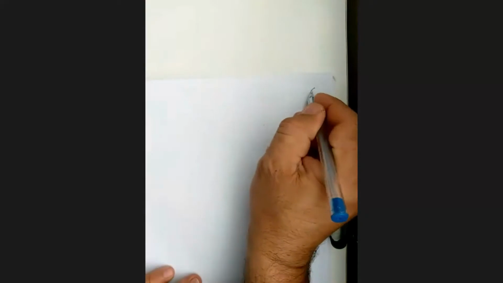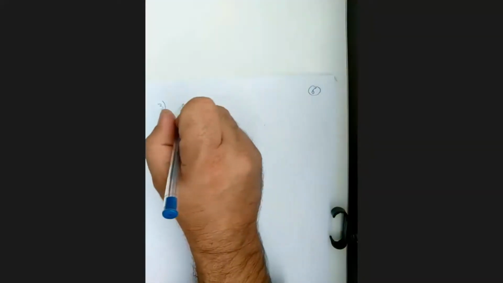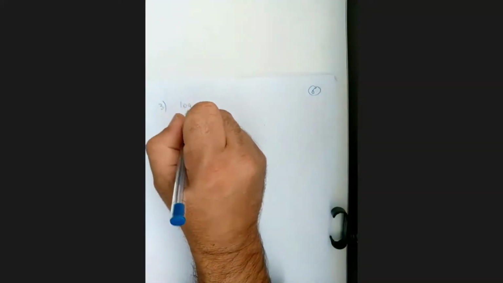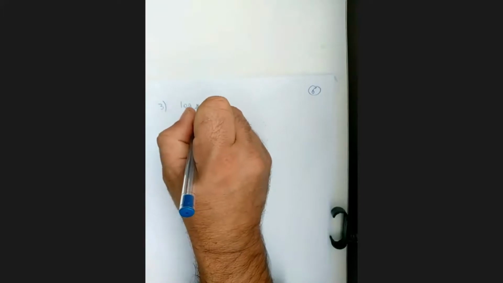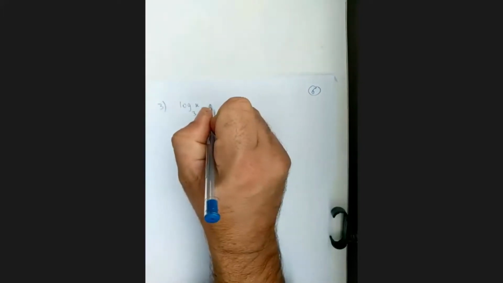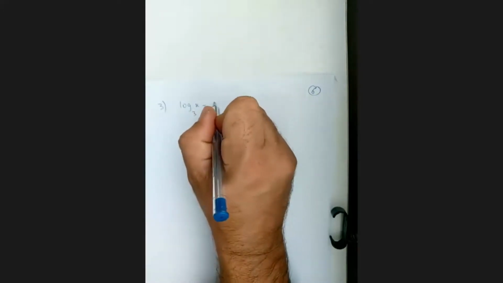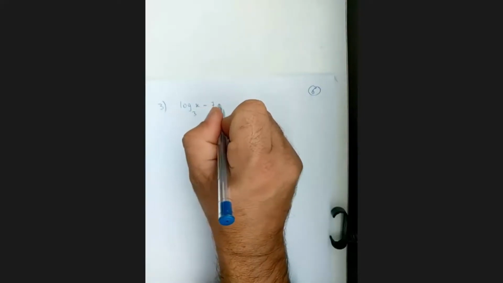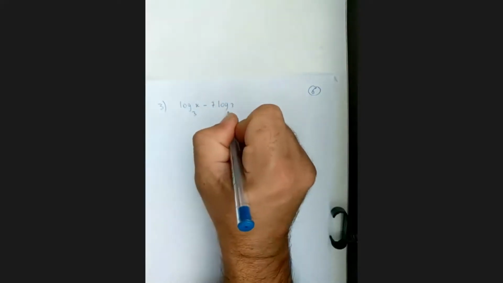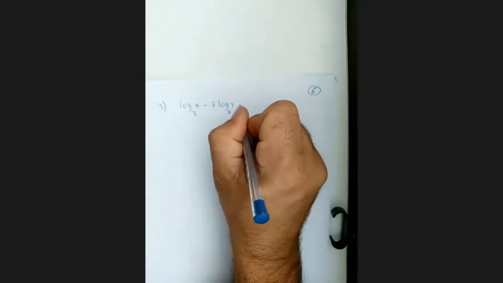Now, in example 3, I am going to use change of base. Logarithm of x to base 3 minus 7 times logarithm of 3 to base x is equal to